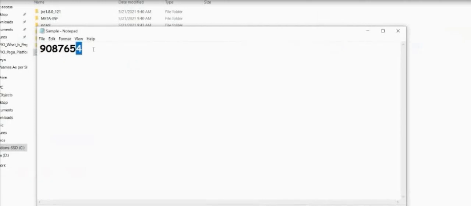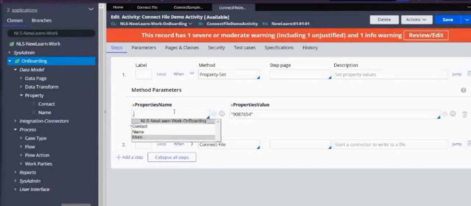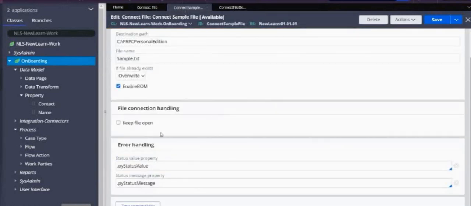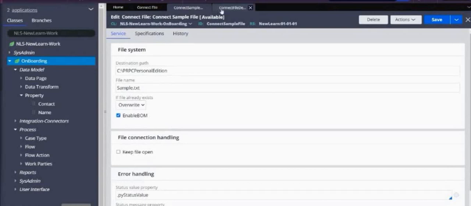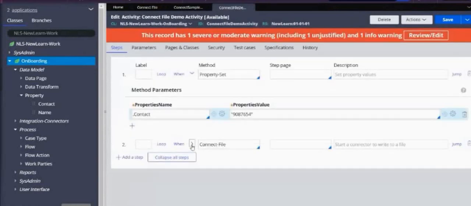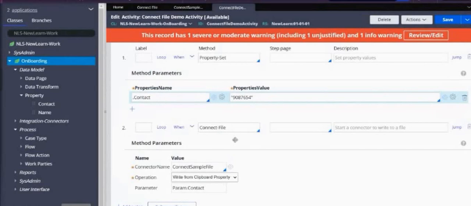Instead of writing param.contact, let's write .contact directly and see. Keep file is also opened and it is overwriting. In this connect file we'll make it dot contact. Let's change the property value also.